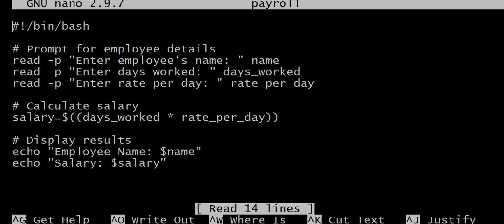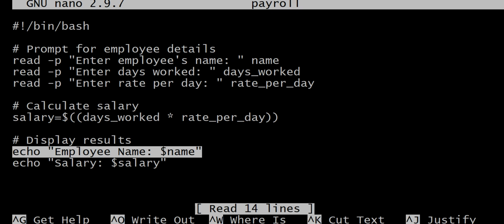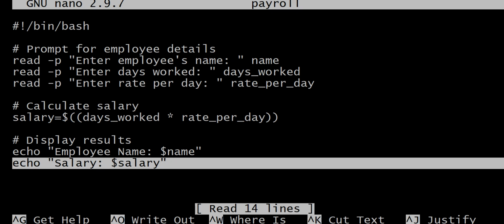So, for example, rate per day will be 150.75. It will not be whole number only like 200, 250, etc. So we have here salary equals dollar, open and close parentheses, days_work multiply by rate_per_day, closed. And then we display the name of the employee and then the salary. Very simple